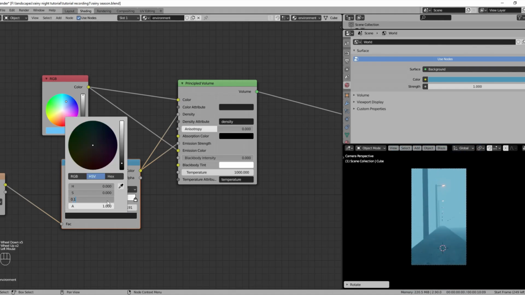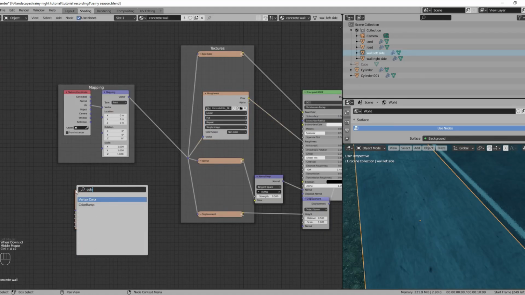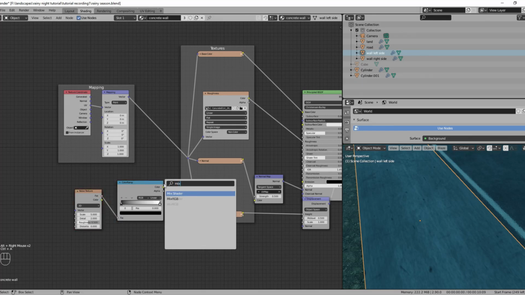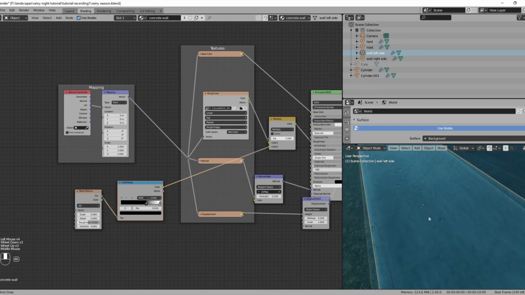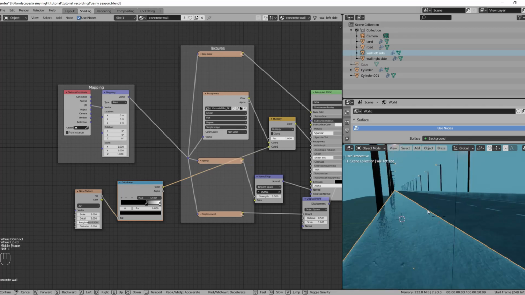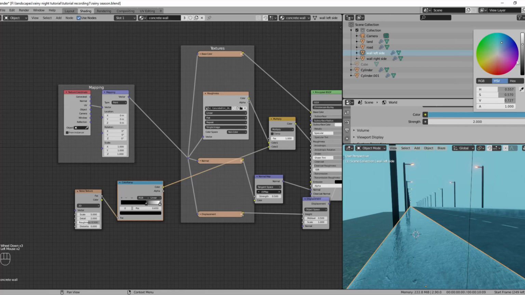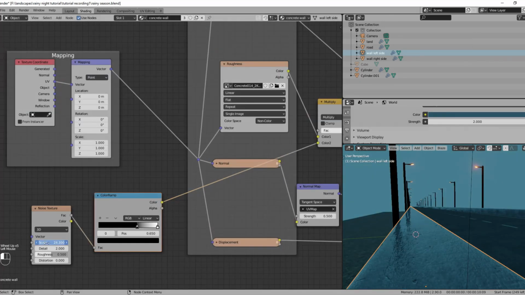Now we are going to tweak some roughness settings for all the textures to give the effect of rain and wetness to the road and wall. And for this we need noise texture node, color ramp and mix RGB node. Just drop the mix RGB node in between the roughness map and principal BSDF node and switch to multiply mode and turn the factor up to 1 and connect the color ramp to the second socket of mix RGB node. And you can just tweak the color ramp's color stop a little bit and also the scale for the noise texture, and it should already give you pretty nice results.